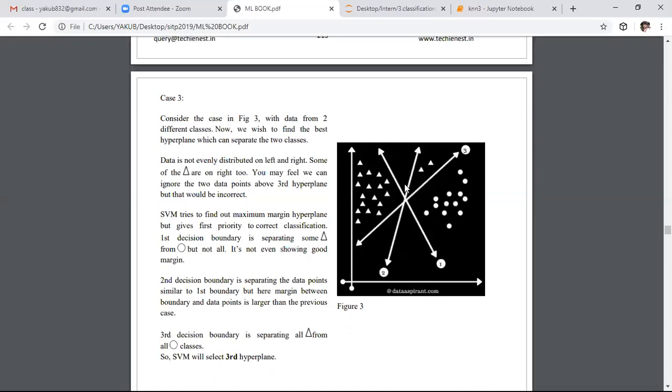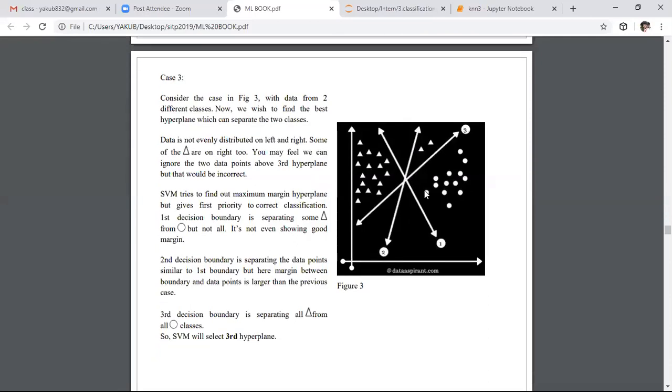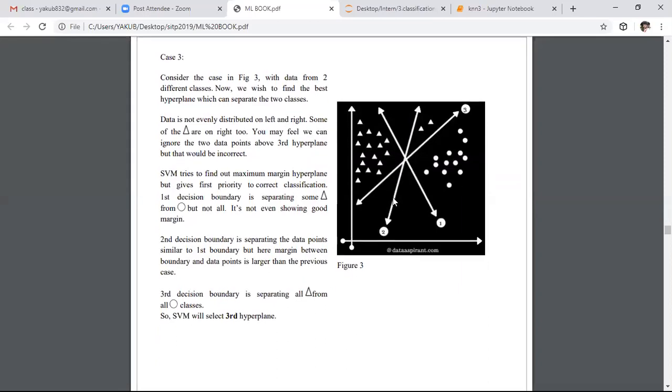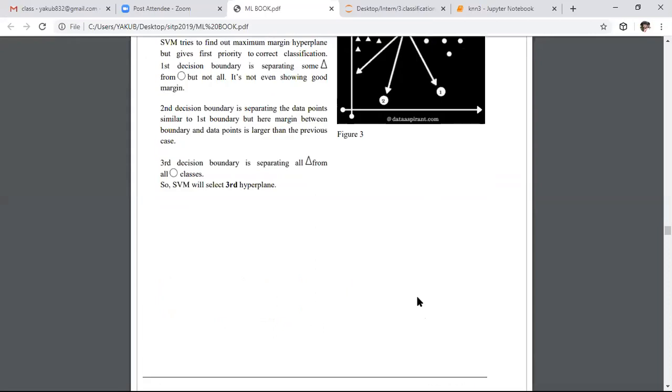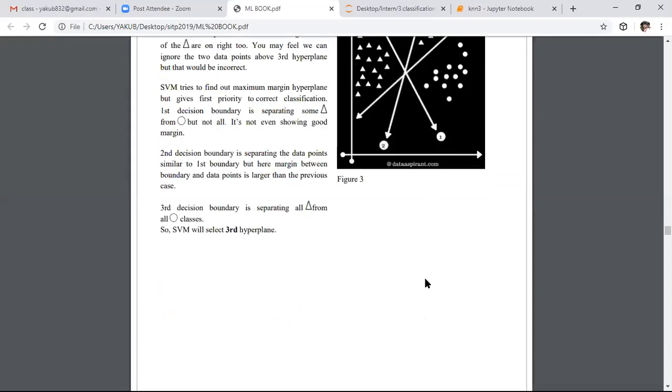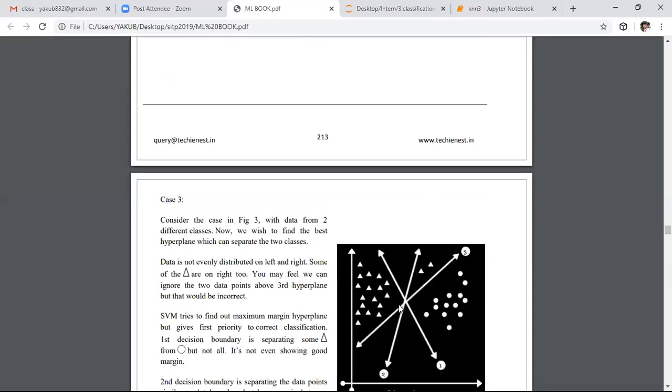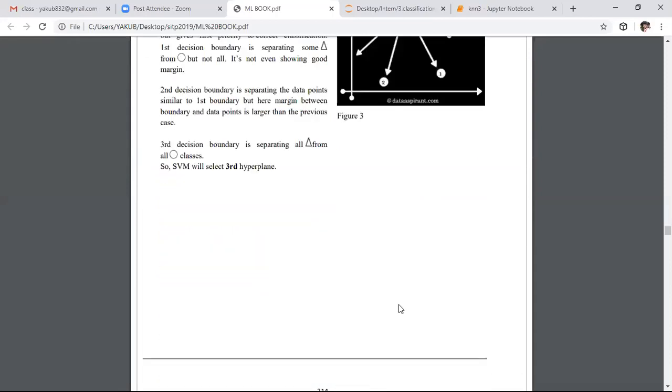But coming to the SVM algorithm, mostly it focuses on correct classification. So if you observe the exact classification, hyperplane 3 is the best or optimum hyperplane. Out of all three, classification boundary 3 is the optimum one. Why? Because only this classification line classifies the data accurately. So most of the time we need not focus only on the high margin hyperplane. We need to focus on the good hyperplane, that is, the one which categorizes the output correctly.